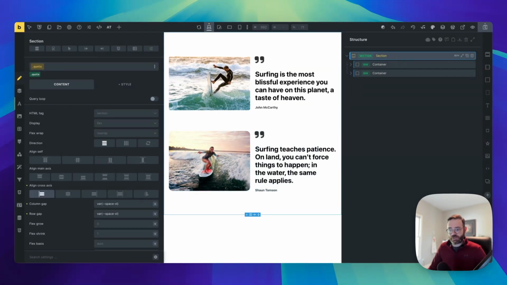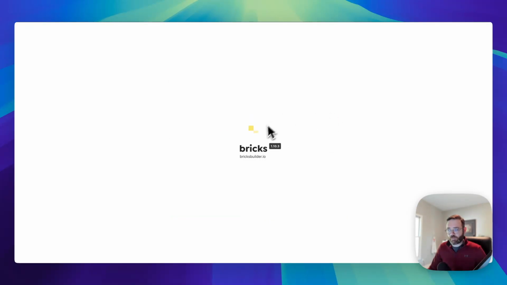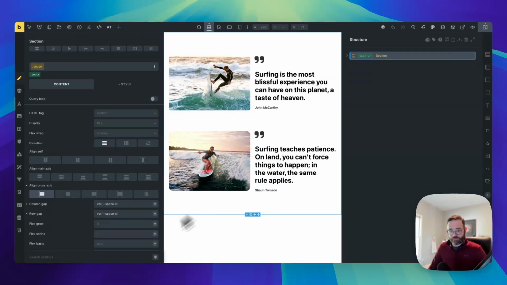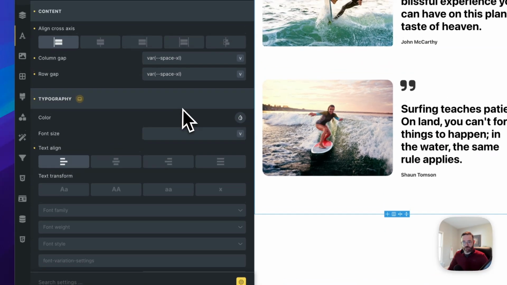So I'm going to start with this section. And on the latest stable version of Bricks, which is, let's see, what is that? We are running Bricks 1.10.3. There's this little gear icon which shows you the modified settings here in the CSS styles. So if you select your class, which is on the section quote, click the modified icon, you can see we've got